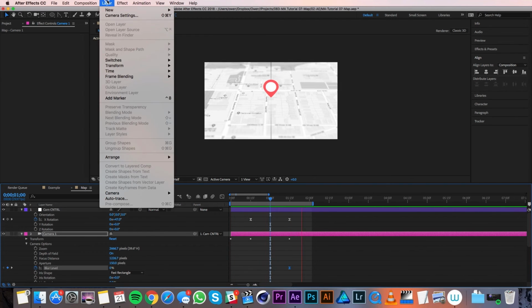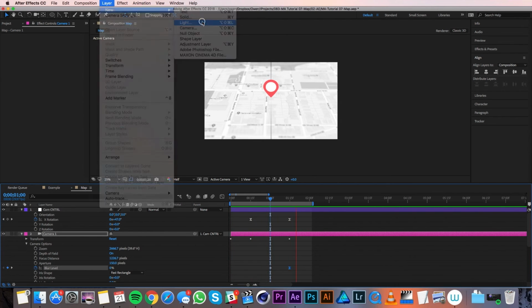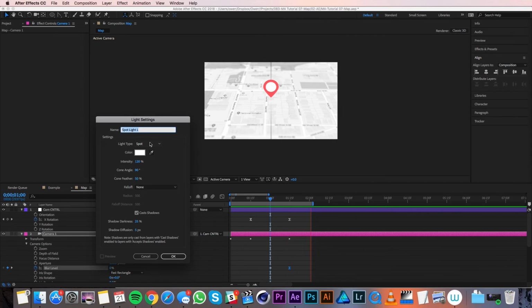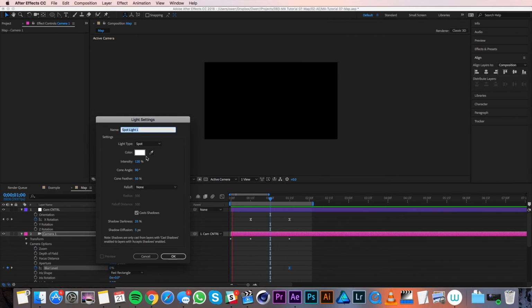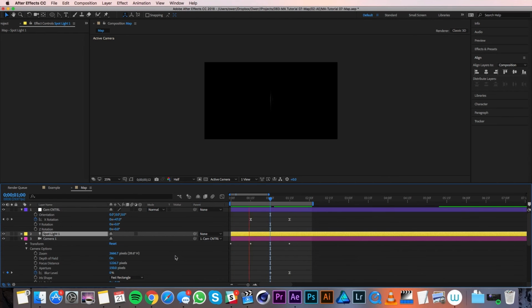I'll do that by going to Layer, New, Light. I'm going to make sure it's a spotlight and the light color is good, and I just want to make sure that cast shadows is turned on, and these settings here for my shadow are good for me, so I'm going to hit OK. Immediately, you'll see that this does not look good,